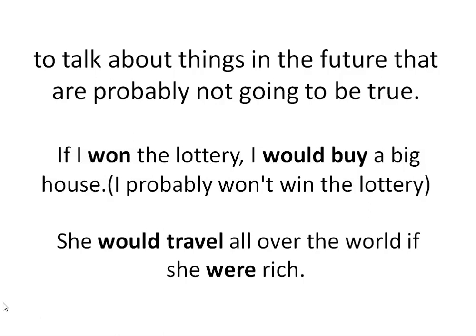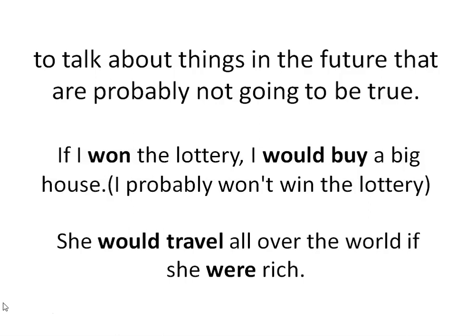If plus simple past, that means were is the word that indicates the simple past, and the main clause here is would travel. Travel is V1, the three forms of the verb travel are travel, traveled, traveled. So here we can sense that it is the V1 of travel. So this structure is absolutely suitable for the second conditional. That indicates it is not going to happen. That means it is unlikely to happen.